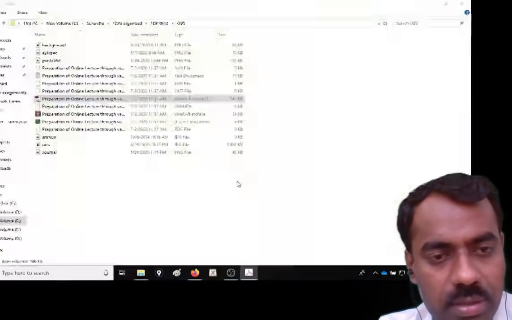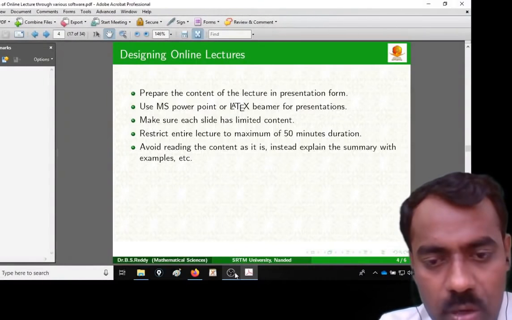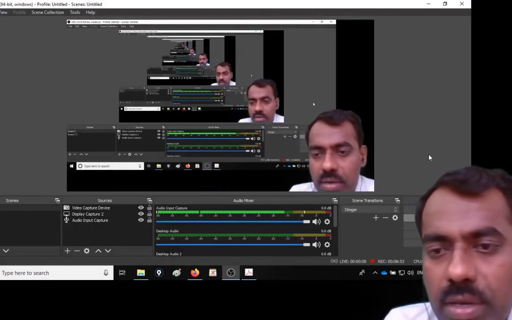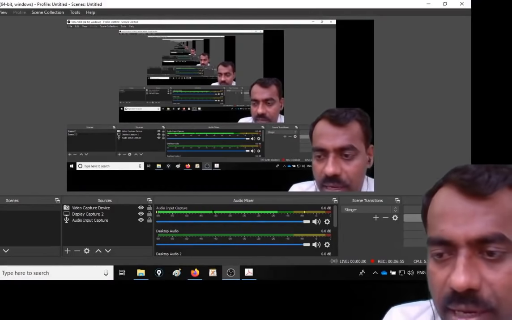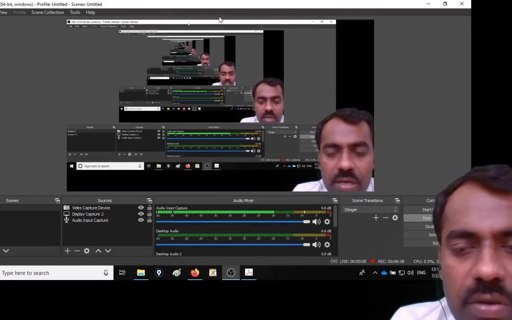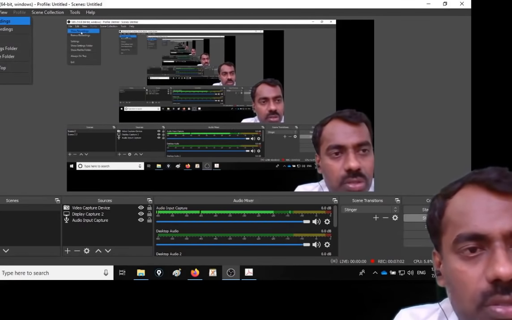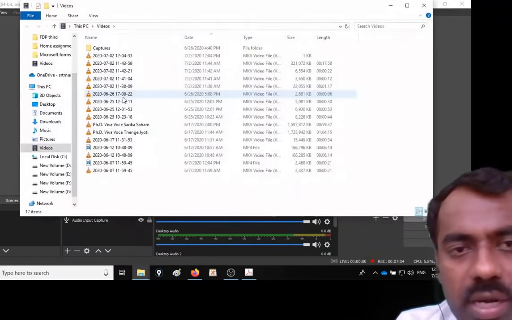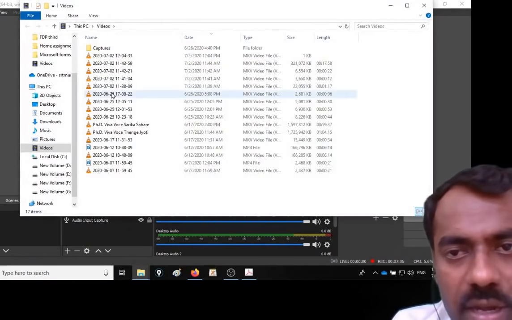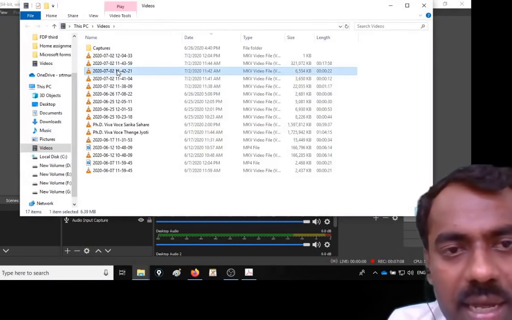Right, now just escape this and go back here. Now you can stop that recording. Once you stop the recording, your file will be there. You can see that file from here, under show recordings. If you click on show recordings, whatever files you have recorded will be there. For example, I can open this.